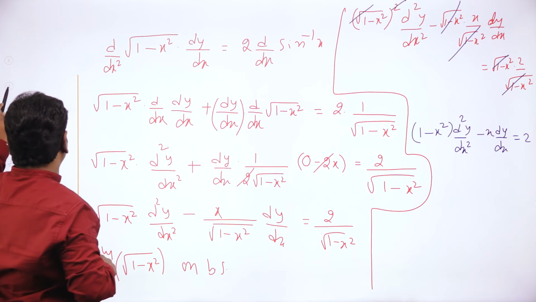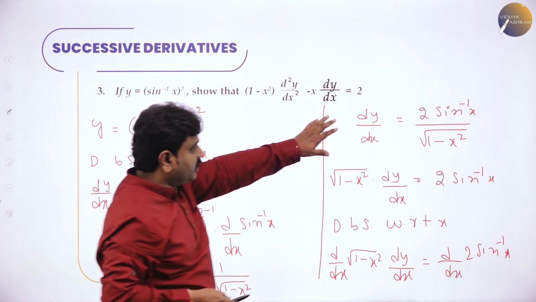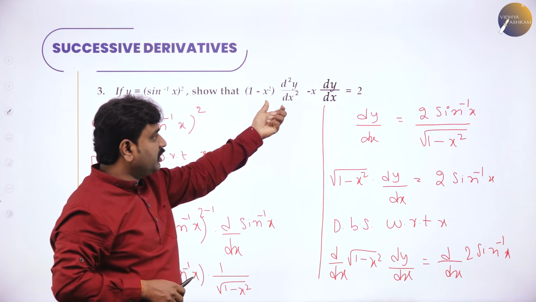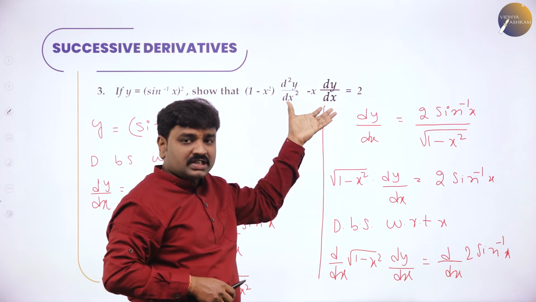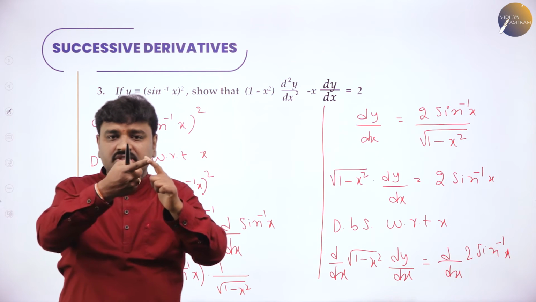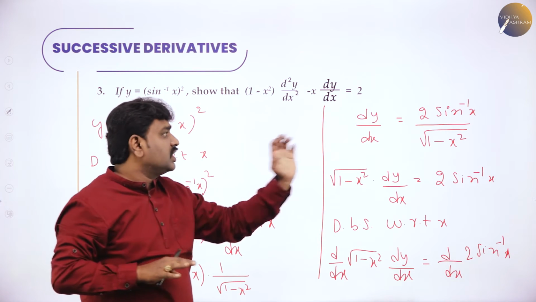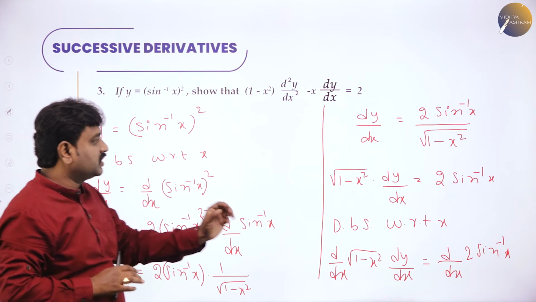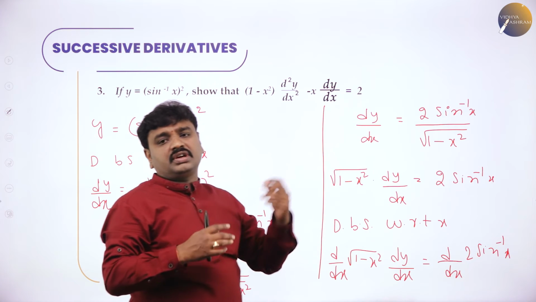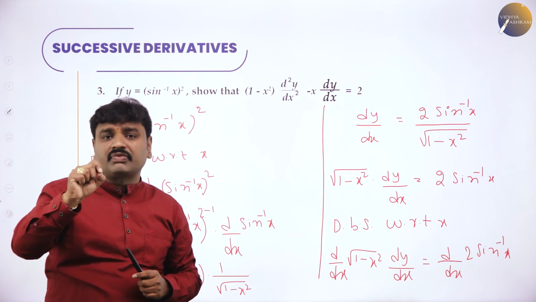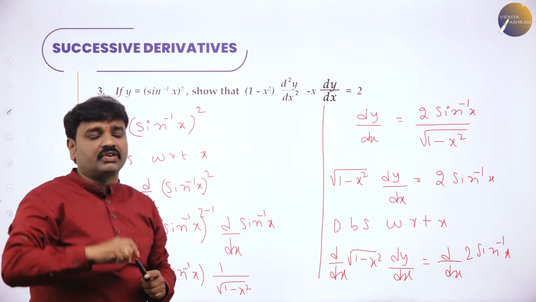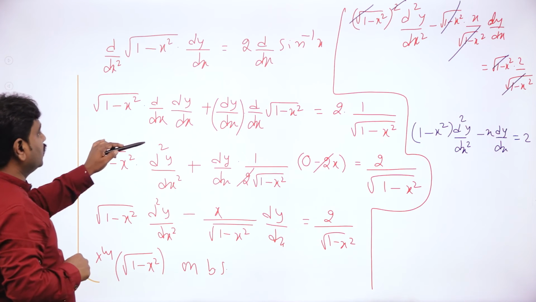And the other method is, after you get this, directly you differentiate. Find d square y by dx square and put d square y by dx square here and dy by dx here. In LHS you will get 2 RHS. One method is method of substitution. Find dy by dx, find d square y by dx square directly and plain and simple and substitute it. The other method is the best method, that is you have denominator, convert it into product and make it product rule and use the differentiation. And what is derivative of root f of x? 1 by 2 root f of x into d by dx of internal function f of x. So that's what we have done to get the answer.